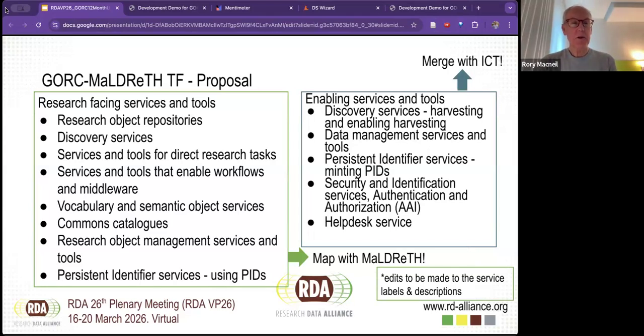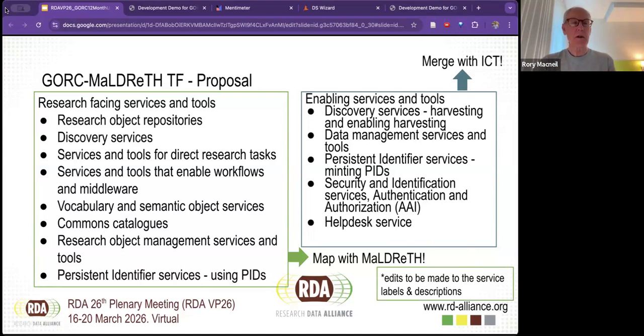Researcher-facing services and tools are categories in the GORC services and tools element. There's slightly different terminology between the models.